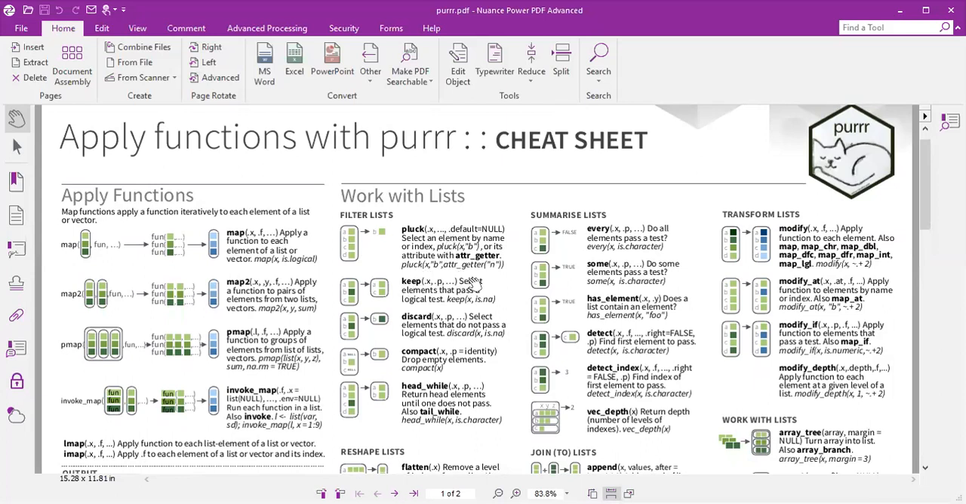Remember, we used to select some elements, but you want to keep something which passes a certain logical concept, like maybe it's numeric or something like that. So you can use keep, and then discard. That means it doesn't pass the logical test, and also compact. This one is just going to drop empty elements, and also